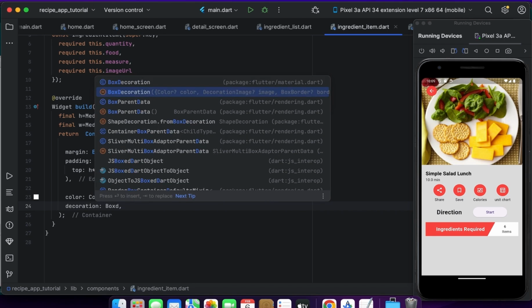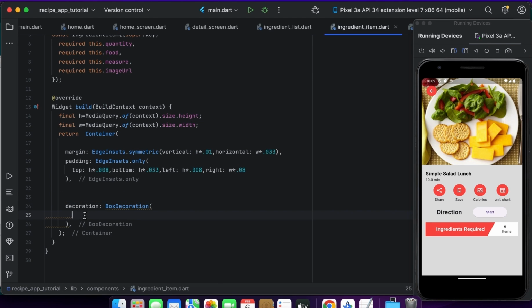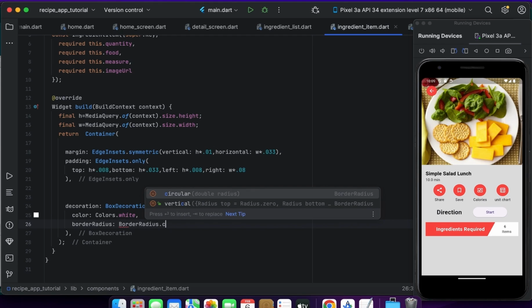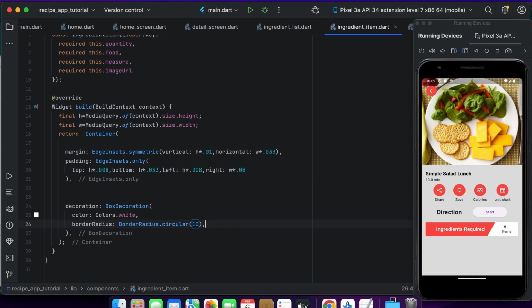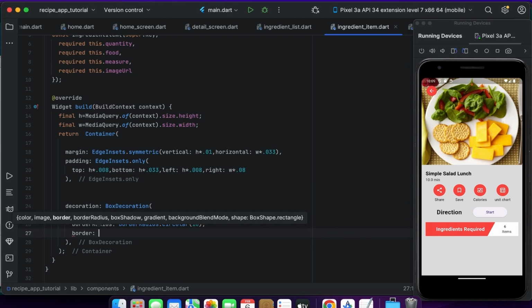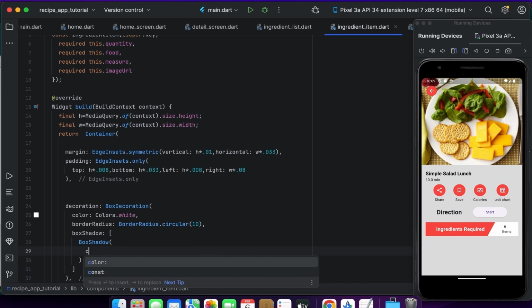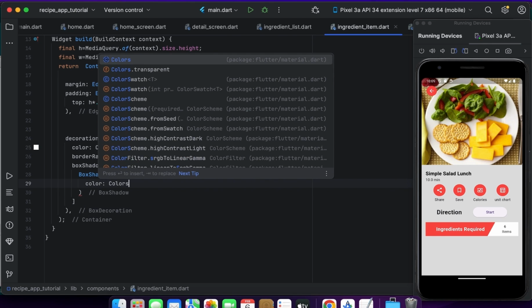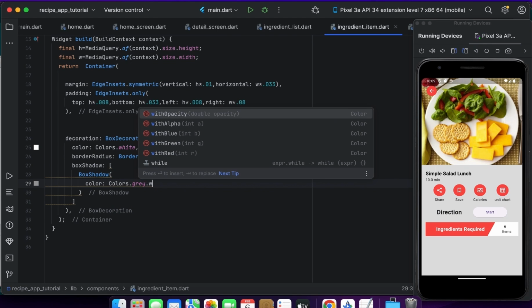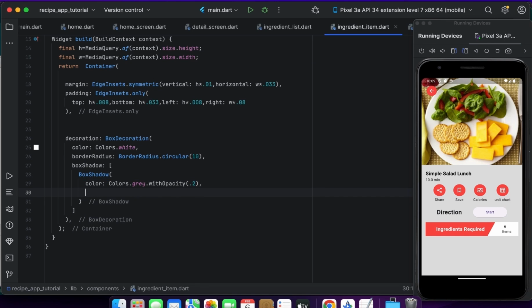So the color of the container will be white. And okay, write the color inside the decoration, otherwise you will get an error. Always use the color inside the box decoration. If you use this outside of the box decoration, you will get an error. So in the box decoration here I'm giving the color and the blur radius using box shadow, and offset will be